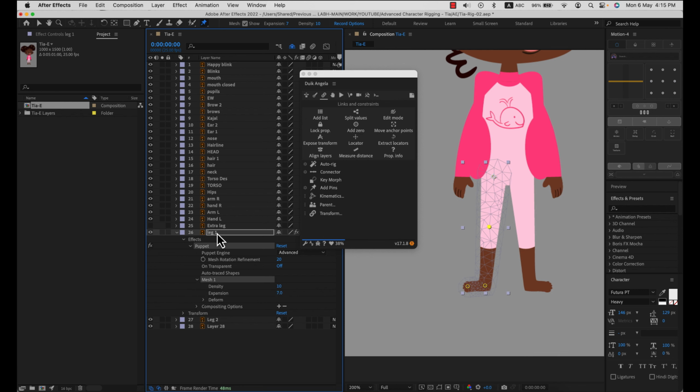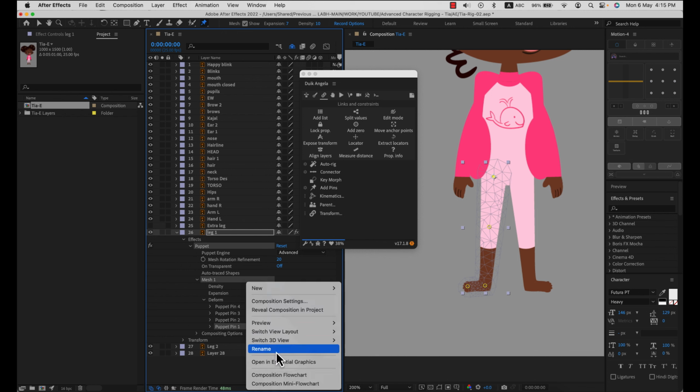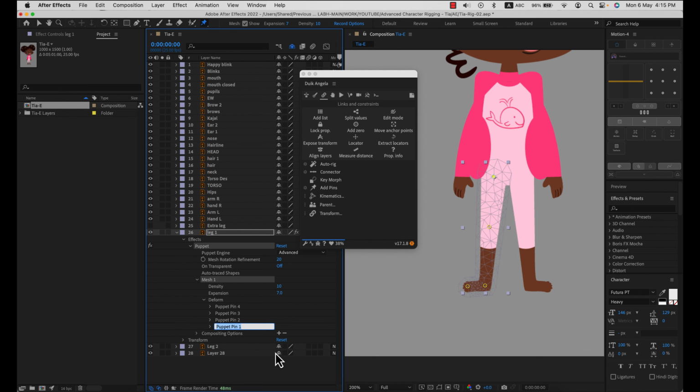So when you add the pins on a layer, you get the effect tab, and under that there's puppet. You just open up the mesh and go to deform, and you see we have 4 puppet pins. So puppet pin 1, 2, 3 and 4. So let's just right click and rename them. This will be right leg, so I'm going to rename this as R leg 1, R leg 2 and so